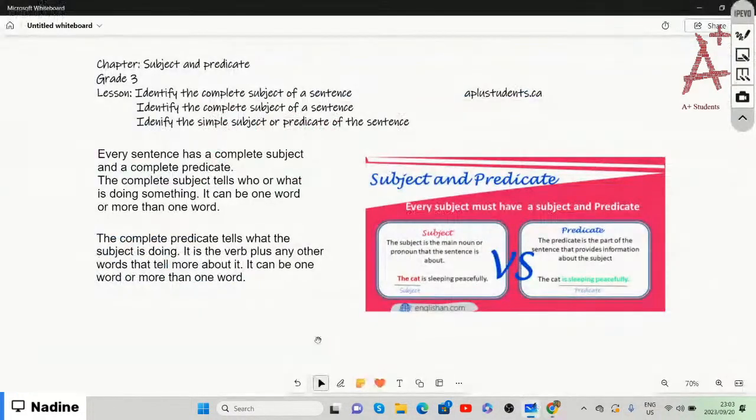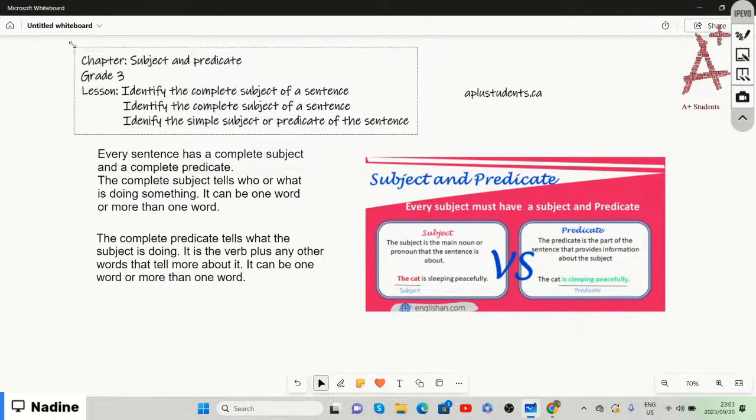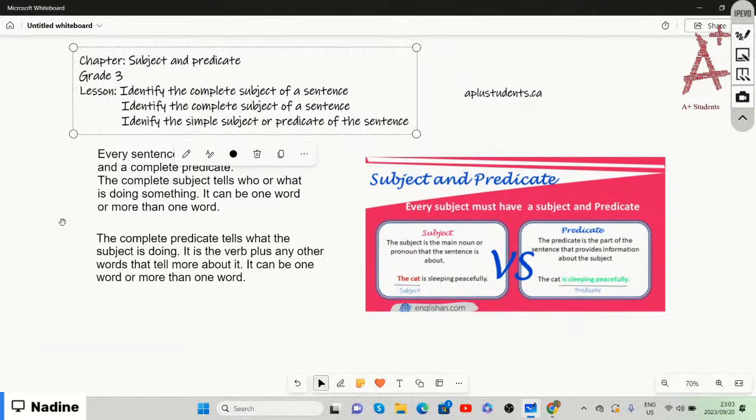Then you're going to scroll down until you get to the chapter of subject and predicate. So that is going to be our chapter for today. It's going to be subject and predicate. So once you've selected the chapter of subject and predicate,